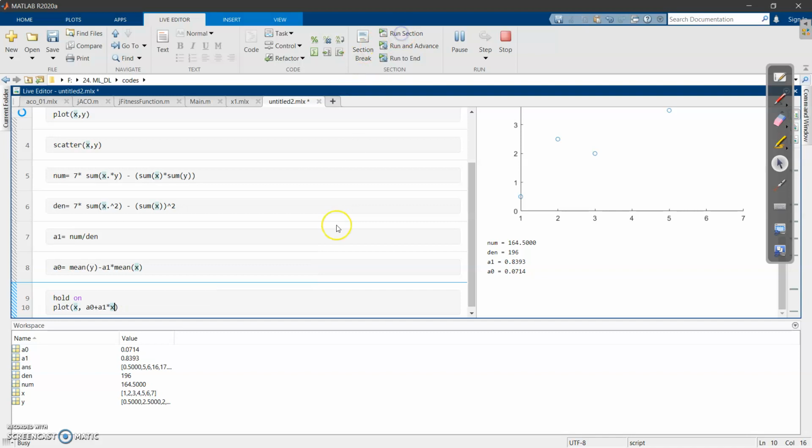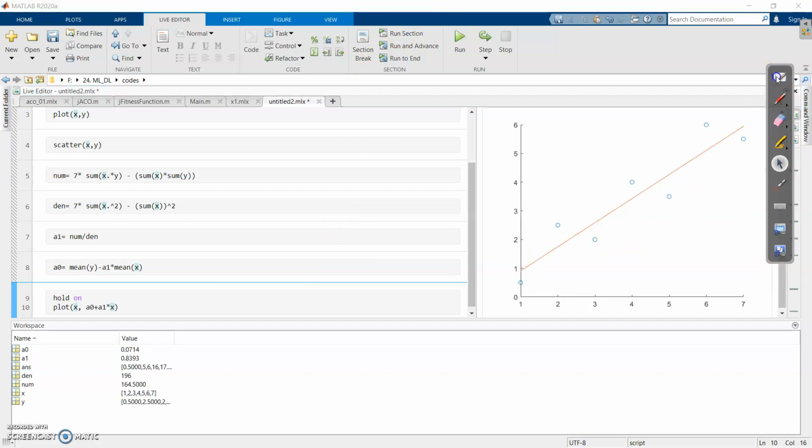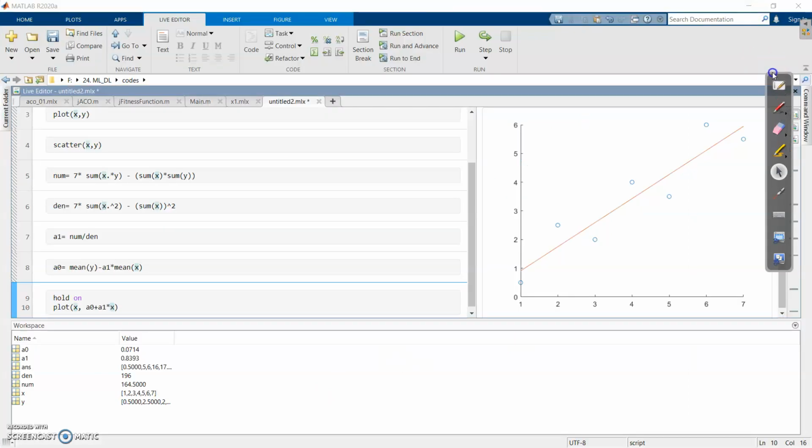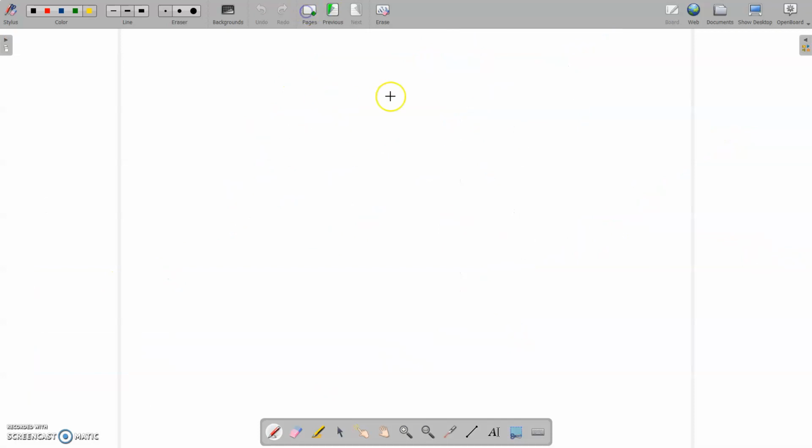Okay, if I do it, as you can see, this is the line that you are actually predicting. So for one I am getting here, this is the actual value and this is the predicted value. For two, this is the actual value, this is the predicted value. So if you think of it this way,